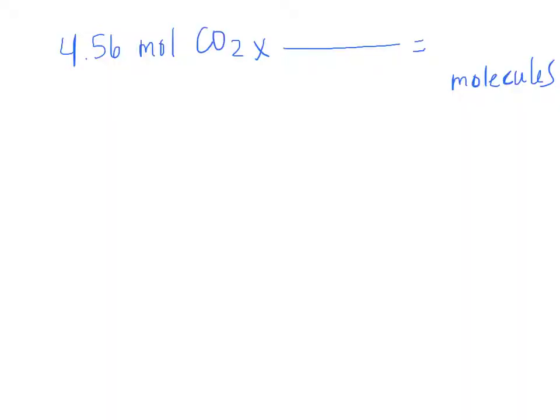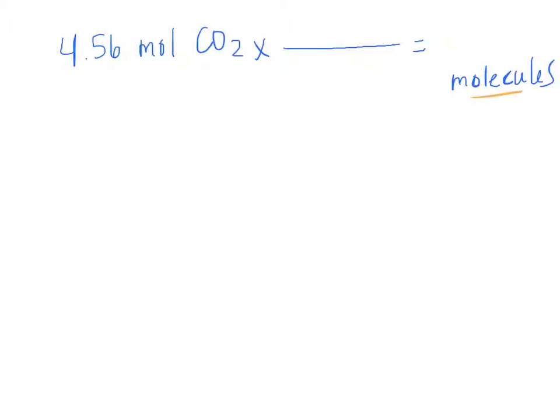So one of the things that I like to do when I'm about to solve one of these problems is I'll put the given first, and you always want to start with your given. So we were told that there was 4.56 moles of carbon dioxide, and then it asked to get it into molecules. So notice that I put the units down here on the end, just to kind of keep me on track. And then we should have that conversion factor of 6.02 times 10 to the 23rd representative particles over 1 mole to get us into these